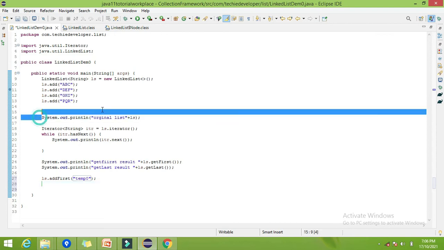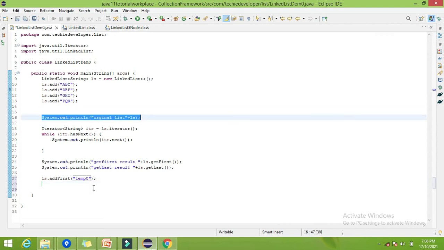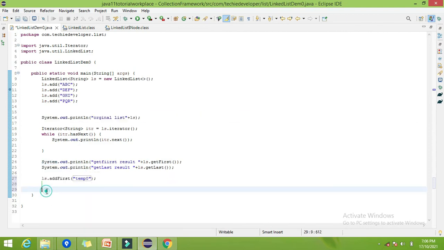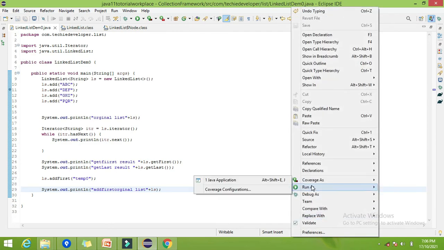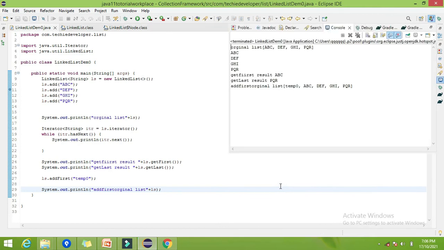Now let's try to print the list here. So here you can find we are getting temp 0. The temp 0 is added at the very first position.